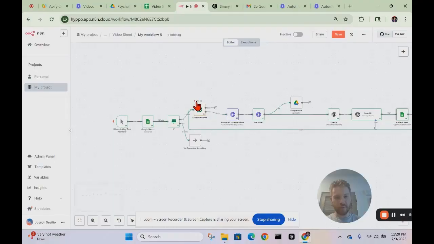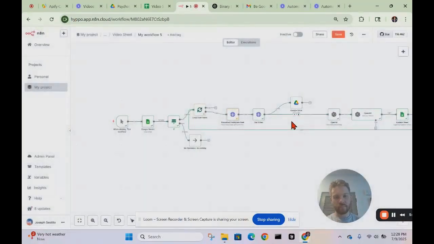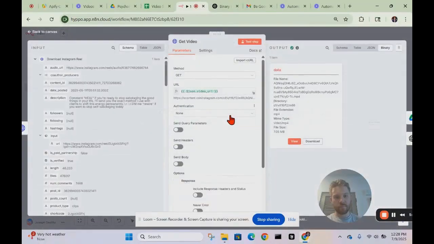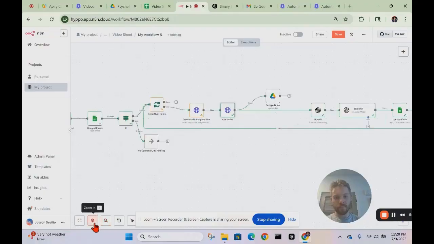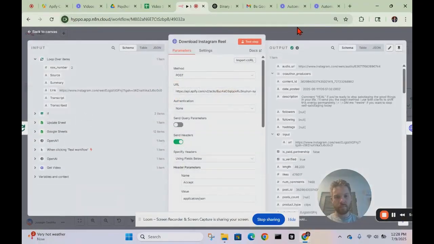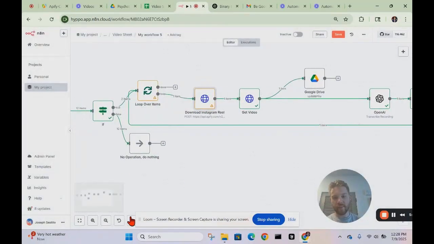So we're going to do loop over items here. And what's going to happen